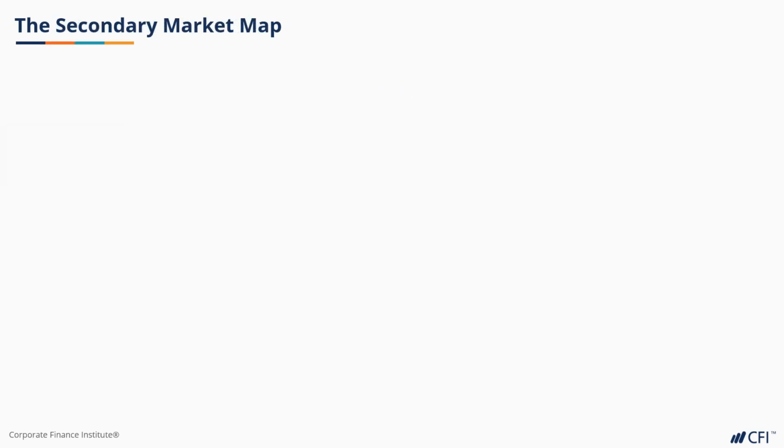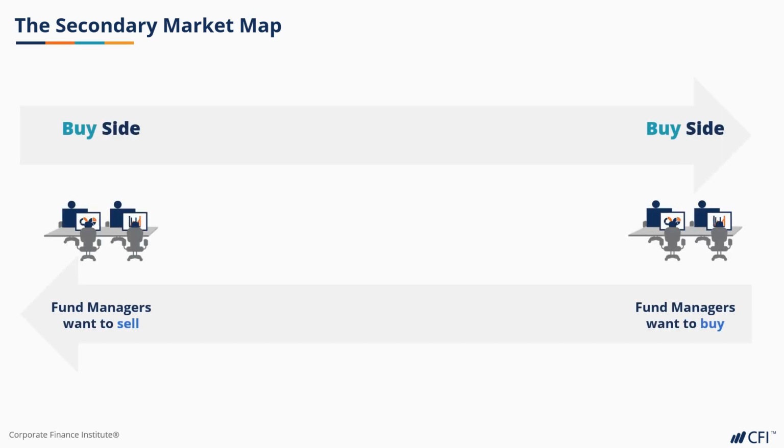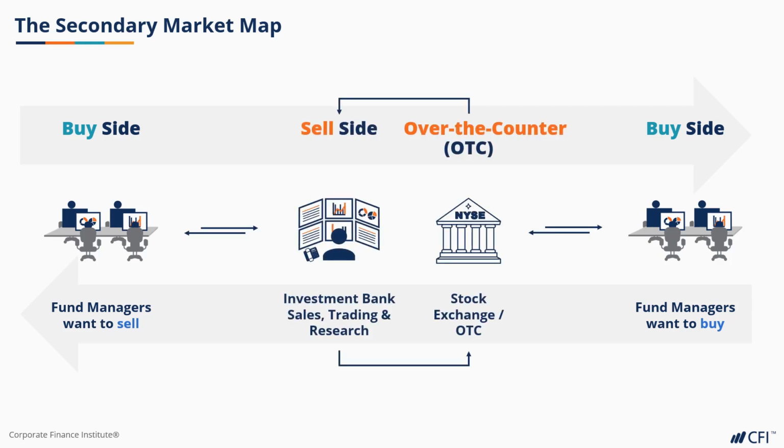Now moving on to secondary markets. Secondary markets are often just referred to as secondaries, and it is where any trading activity after a new issue takes place. In other words, this is where buy-side fund managers sell to and buy from each other. The corporation that issued the original security is not involved. In order to execute these trades, fund managers will make use of an investment bank's sales and trading departments or make use of electronic trading via over-the-counter platforms. Diagrammatically, you'll see that our interactions are bookended by the same parties, as the interaction starts and finishes with buy-side investors.